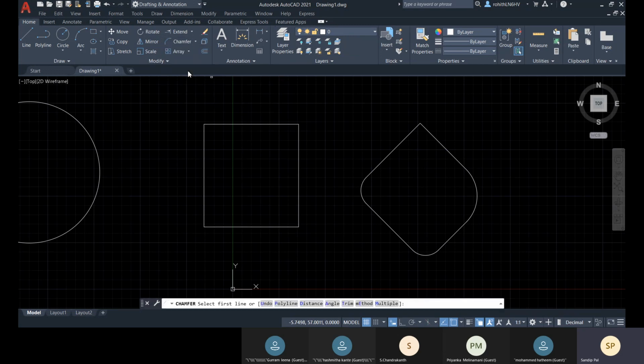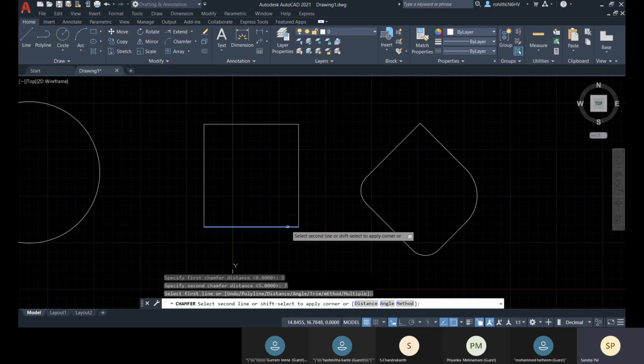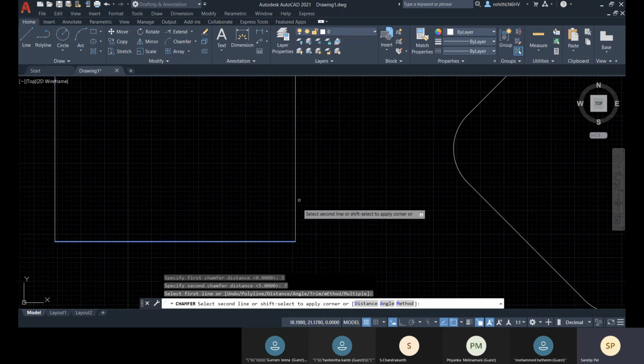Now let's go with this chamfer option, and here it is distance. For the first chamfer distance, let's go for 5, and for the second chamfer distance, let's go for 7. And let's select the first line. On this first line, the first chamfer distance will be applicable, and on the second line, the second chamfer distance will be applicable.